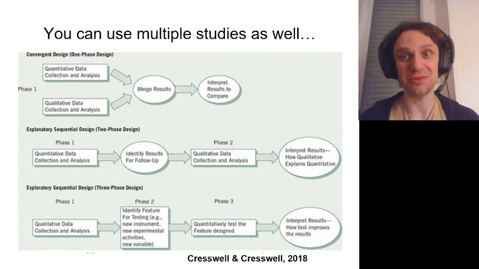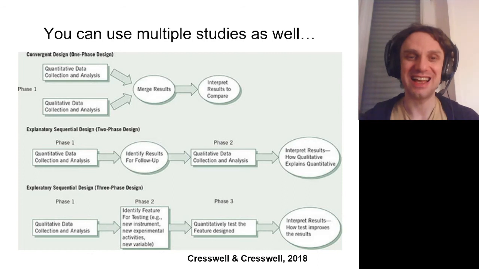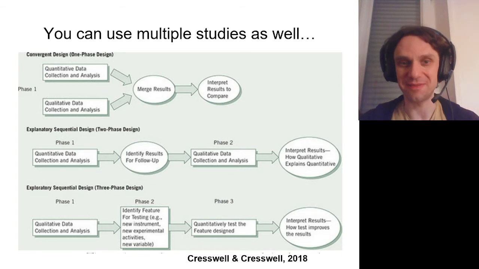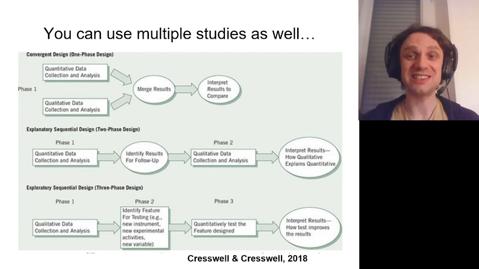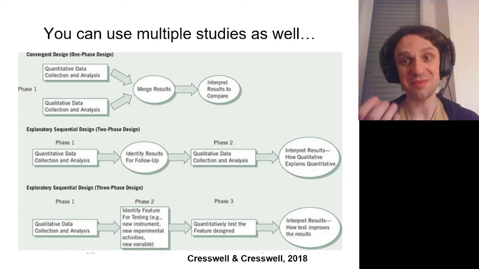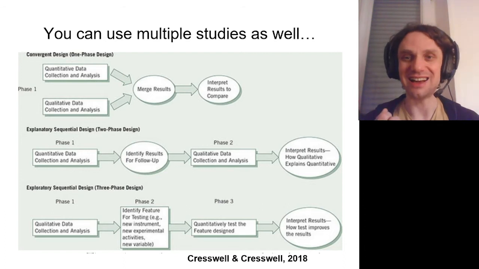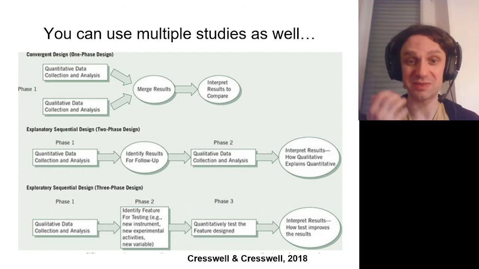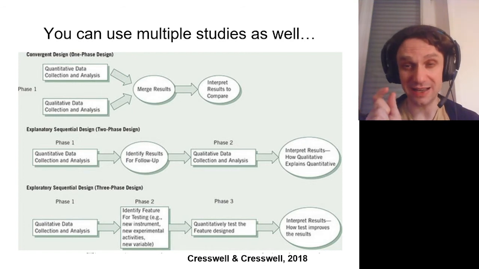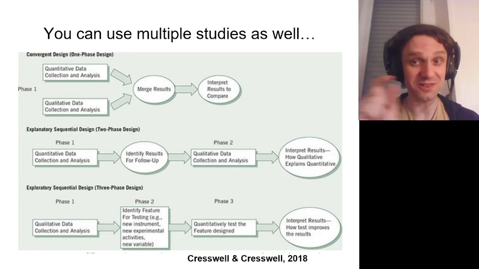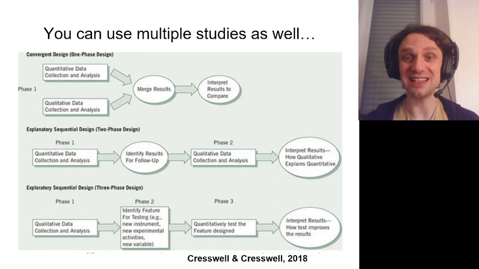A third design, which is also very typical in psychology, is a three-phase design, and it's called exploratory sequential design. It begins with a qualitative data collection and analysis, and then at phase 2, based on the results of this qualitative data collection and analysis, we develop some kind of new instrument or new experimental paradigm, or we identify a new variable. And then at the third phase, we conduct a quantitative study in order to actually test this new feature that